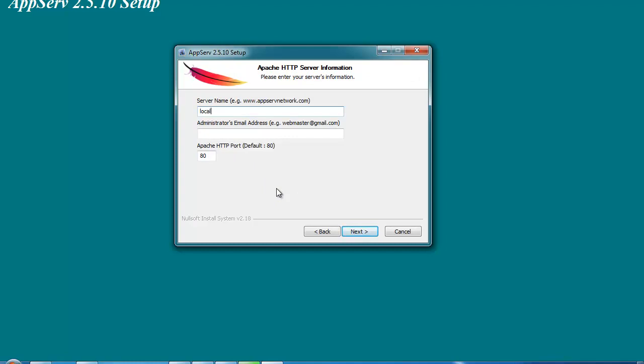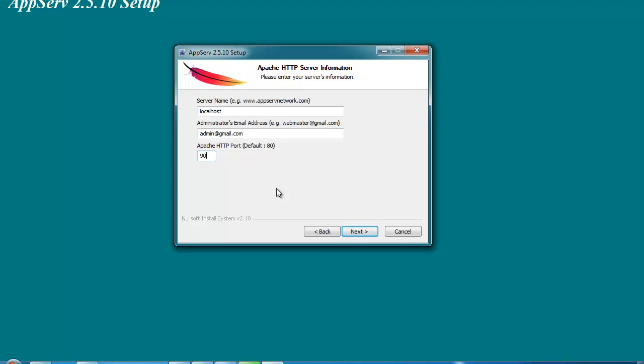Here most of the time we use localhost as our server name, and the admin email may be anything. Let me say admin@gmail.com. I just want to change this port number. Why? Because I have already installed one more type of software in my system named .NET. So the default port number is 80 for everything. I would like to change this port number to 90. You can give these values up to 100, I think below 100, I'm not sure about that, but you can change the port number to execute your regular